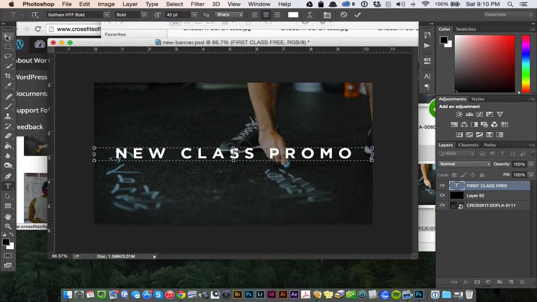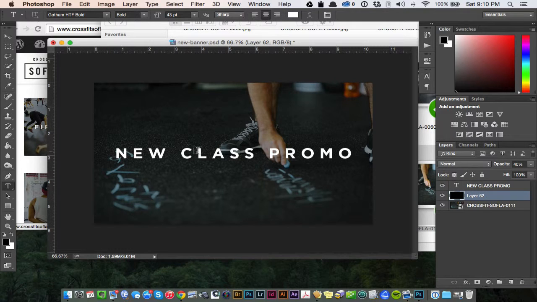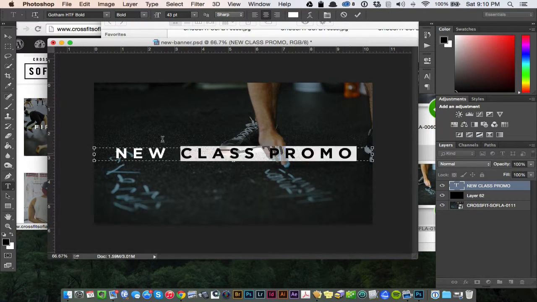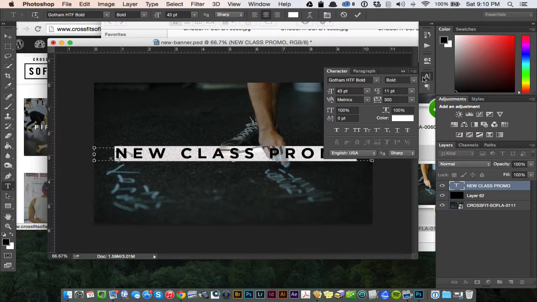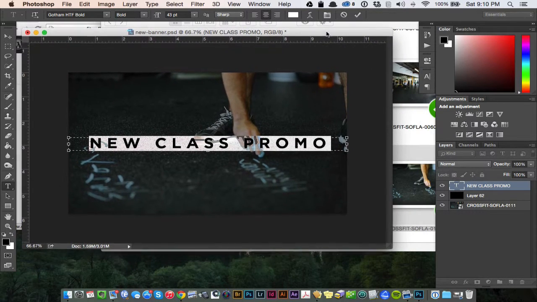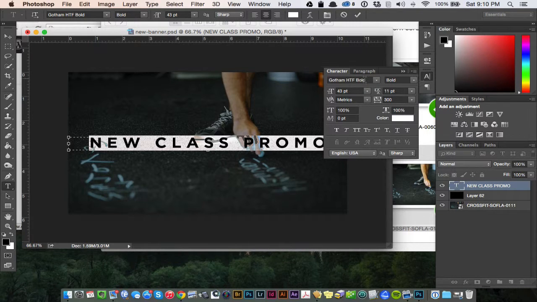So you can click a new tool, or you can just click off of the layer, and it will release the text, and now you have all the proper text. So let's talk about text real quick. The font that I'm using may need to be pre-installed. If it's not installed on your computer, it's going to look much different. So I'm working with Gotham HTF